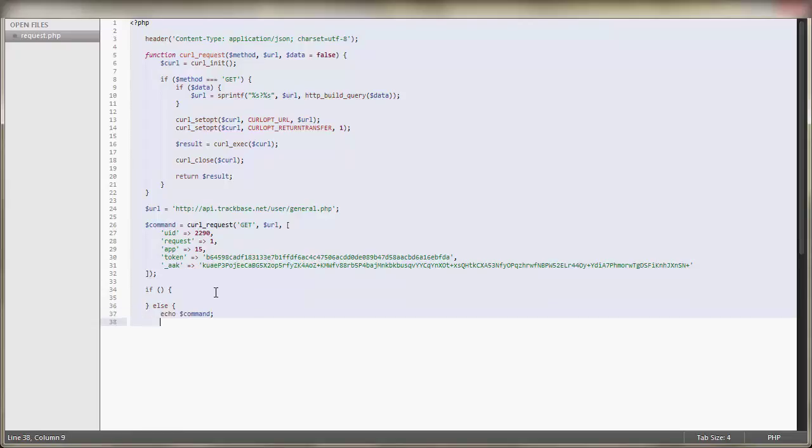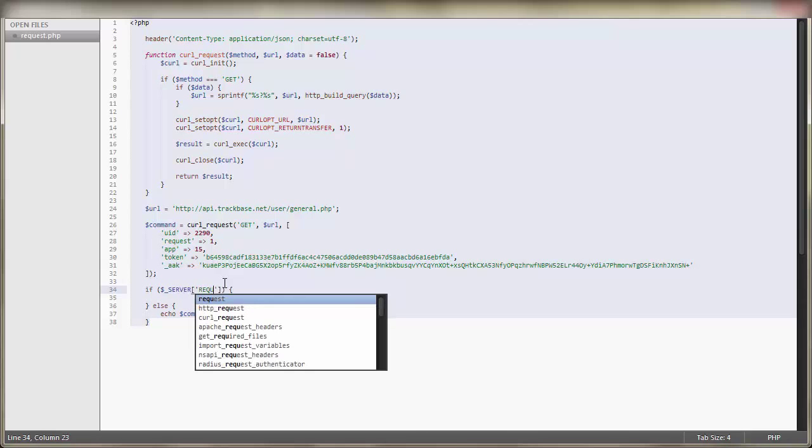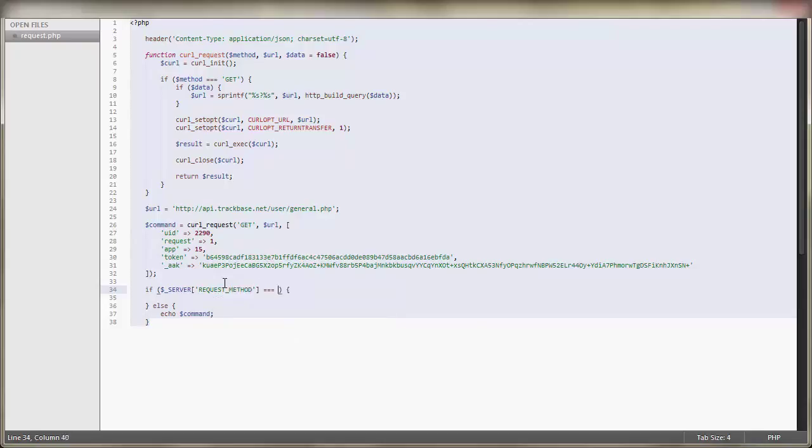so we're going to check for a POST request, and if there's no POST request, we're going to echo the command out. However, if there's a POST request, so if $_SERVER['REQUEST_METHOD'] === 'POST', and now I can only advise you to do another check, so no one can imitate these requests, that you will check with the $_SERVER['REMOTE_ADDR'], so to see where the request comes from, and that should usually be 91.220.53.120, or